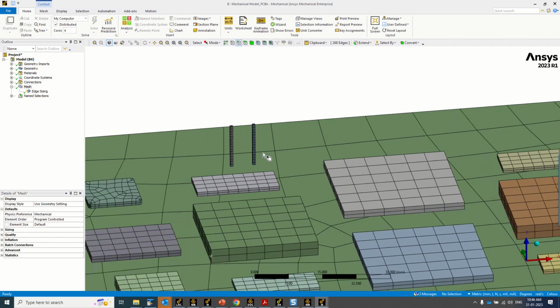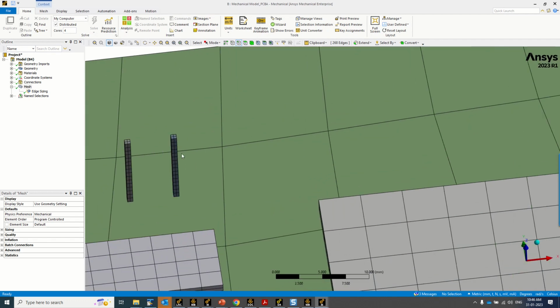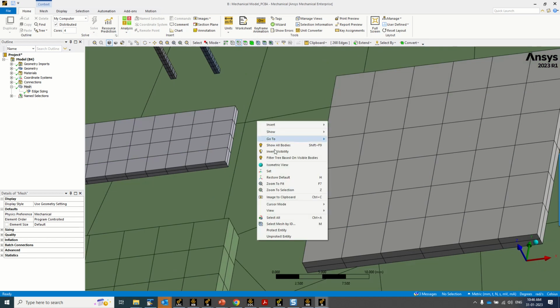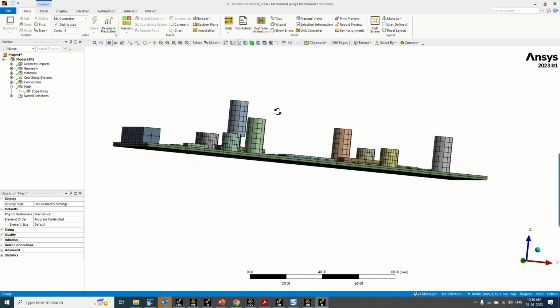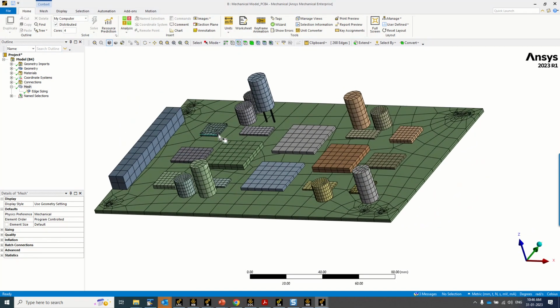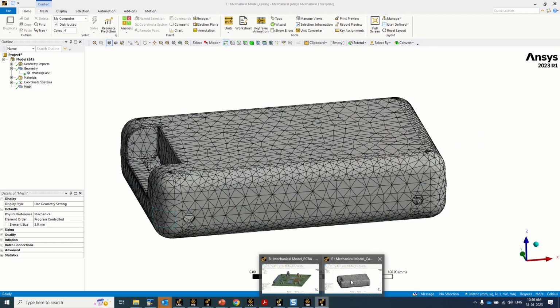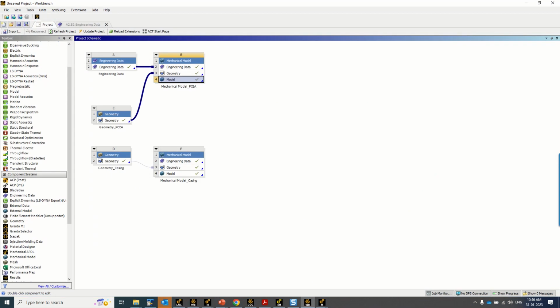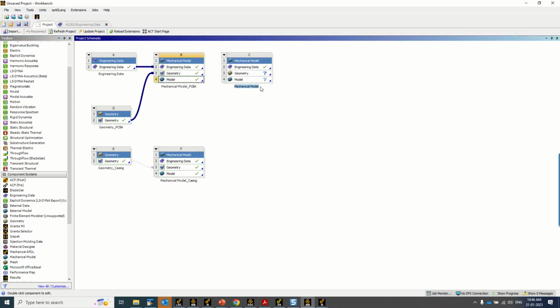Okay, you can see that now we are having 2 elements in each direction. Now say show all bodies. Okay, now we kind of got a decent mesh for this. The next task is to assemble both the PCBA and enclosure together. So for that, create a new mechanical model. So here you say PCBA